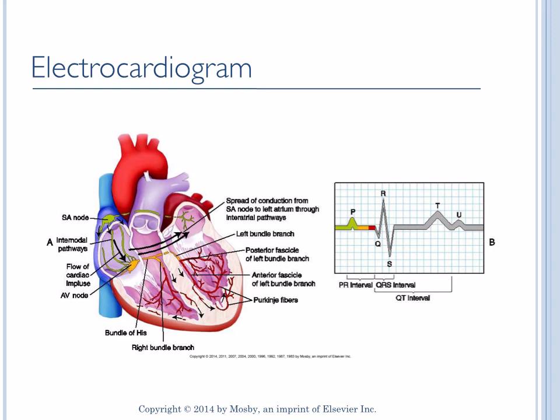Again, you go to the QRS complex. It represents depolarization from the AV node throughout the ventricles. Impulse transmission through the AV node